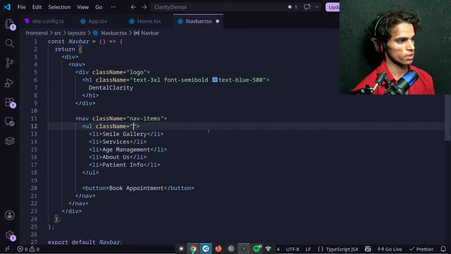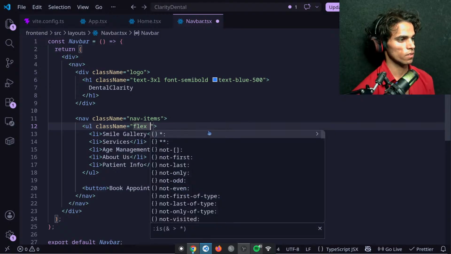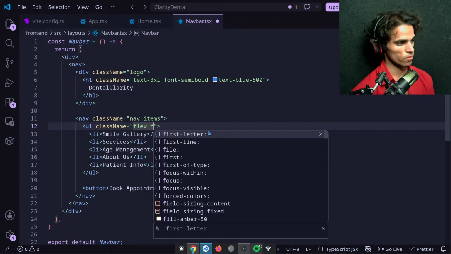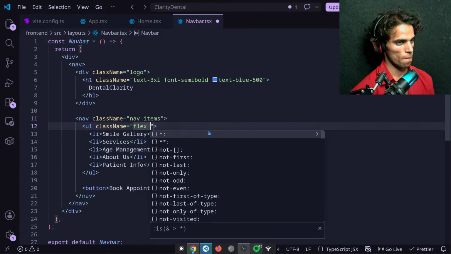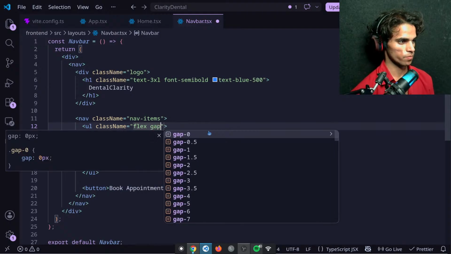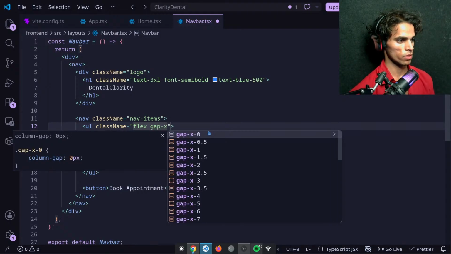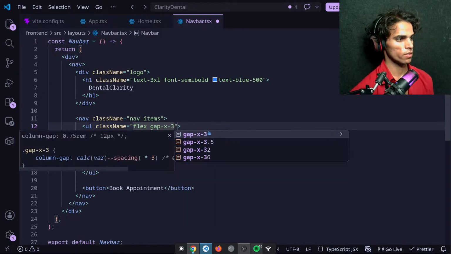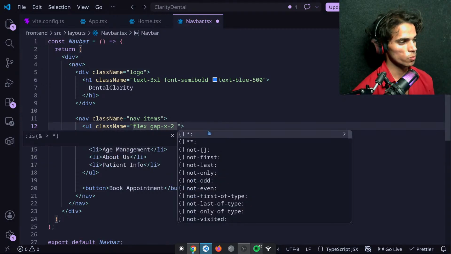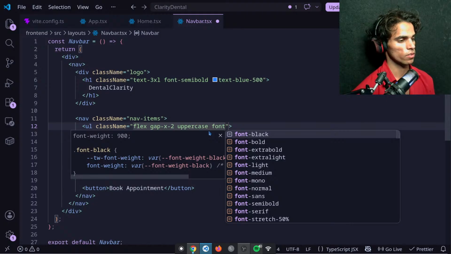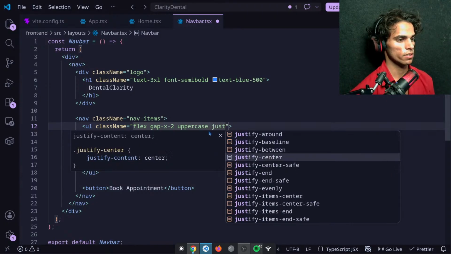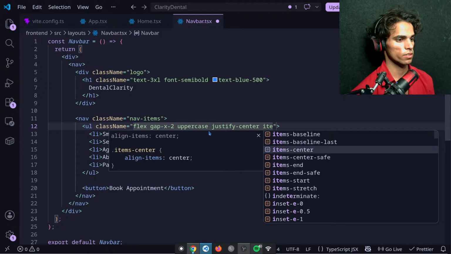This will be class name flex, and flex gap x will be 2, and uppercase, justify center, items center.